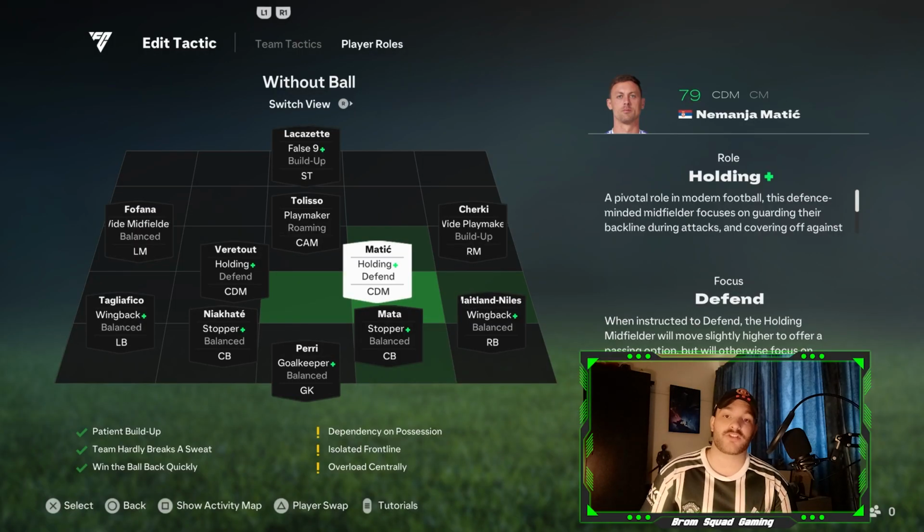And as I've already mentioned, Matic is able to collect the ball in the deeper spaces before playing that long diagonal pass to the opposite flank, which in turn can change the tempo of the game and create a